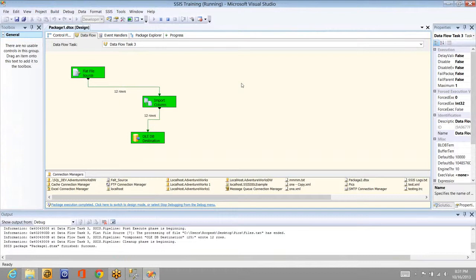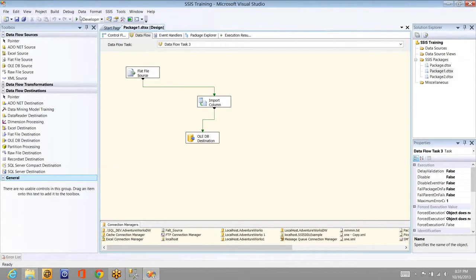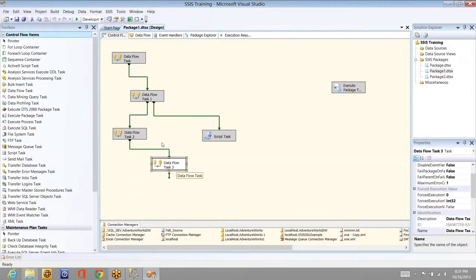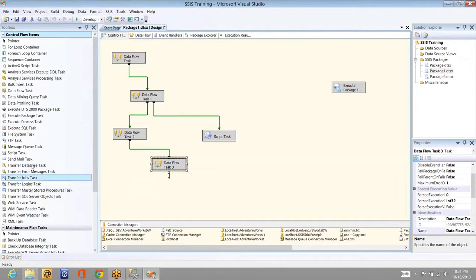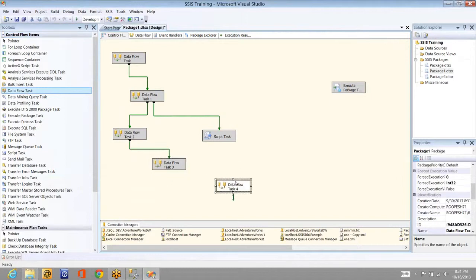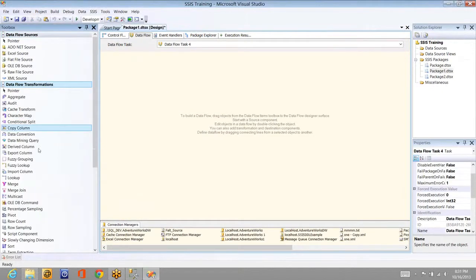Now let's jump into the next transformation, that is the export column transformation, the opposite of this one. Again, this imports the images. Now the other one is export. It exports the images. Okay, let's see. Let me take a new data flow and let me disable this one. Once the work is done, I'm disabling all the stuff, and I'll take a new data flow, and I'll go to edit, and I'll go for export column.